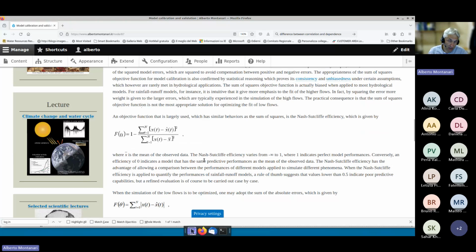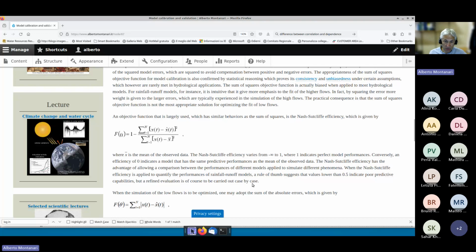Remember, please, these objective functions are very easy to remember, so make an effort, because at the exam these relationships may be asked. It is not difficult to remember them, they are very simple, okay? Now,